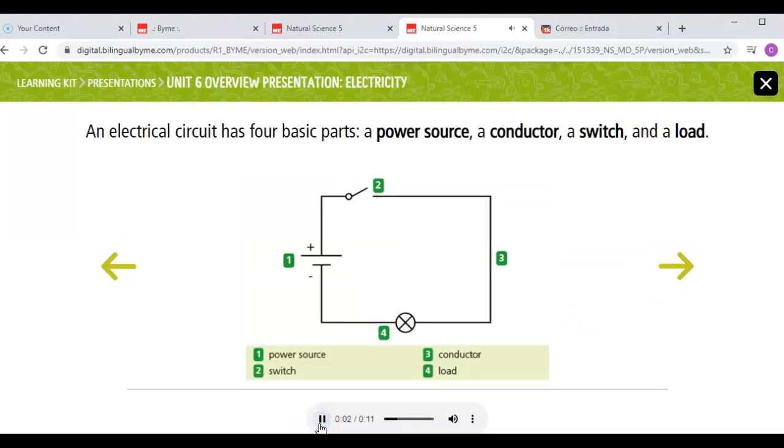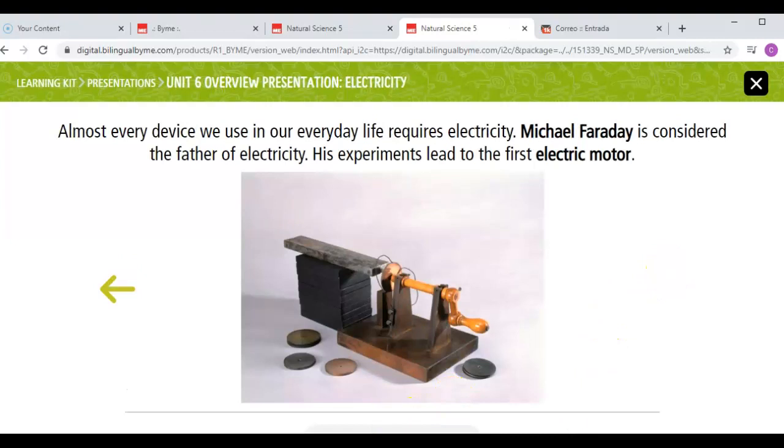An electrical circuit. Almost every device in the world. Okay, so now that